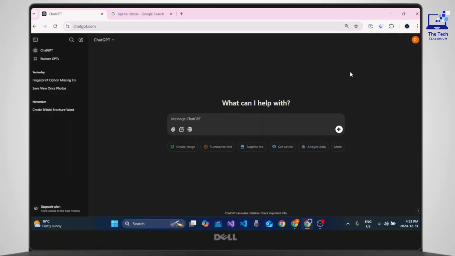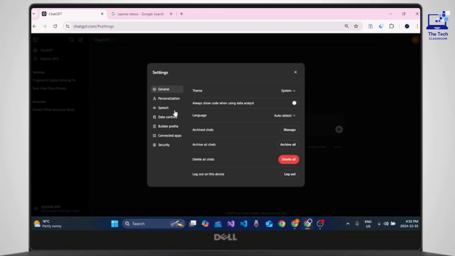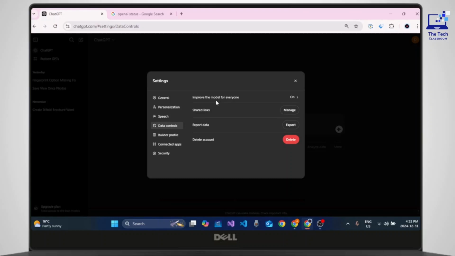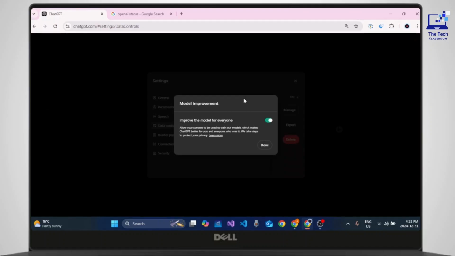First, launch your browser and go to ChatGPT or chat.openai.com. You can even open chatgpt.com. Press enter and log in or sign up with your credentials. After that, click on your profile picture at top right and from the drop-down menu, select Settings. Go to Data Controls and make sure that you toggle the button on for Improve the model for everyone and